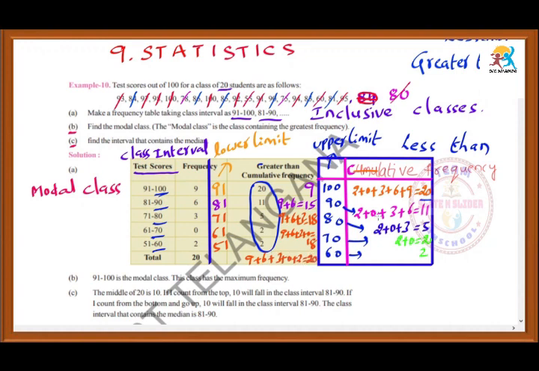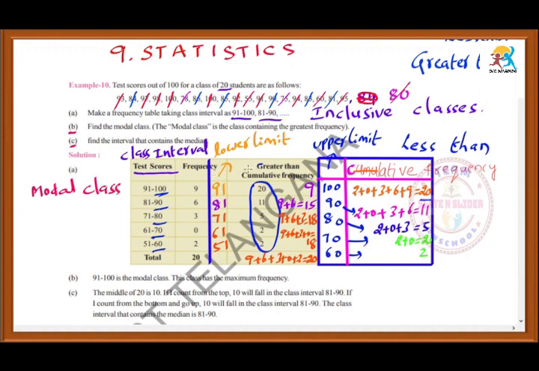Just observe how to write the greater than cumulative frequency and less than cumulative frequency. So for that, this question will be in 10th class. So we have to draw the graphs, the ogive graphs. There also you have to find. So just to know the difference. Many students, while finding the greater than cumulative frequency, see the word greater than, that's why they will take the greater number, that means upper limit, but we should not take that.